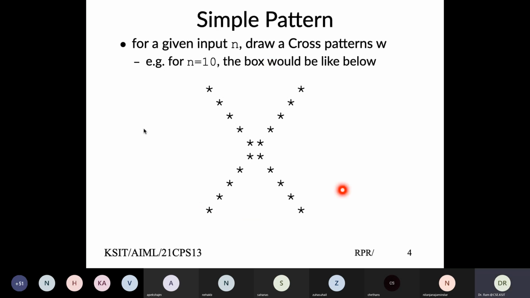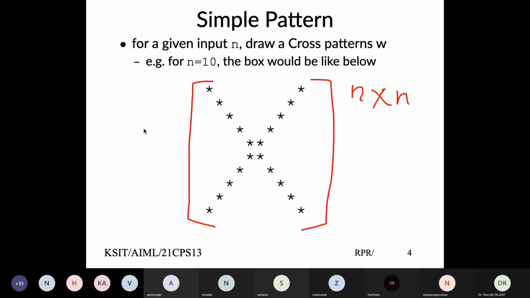I mean, consider this as a matrix. Consider this as an n cross n matrix. How do you identify which row and which column would have a star, and which row and column would have a space? Chirag, Chetan,